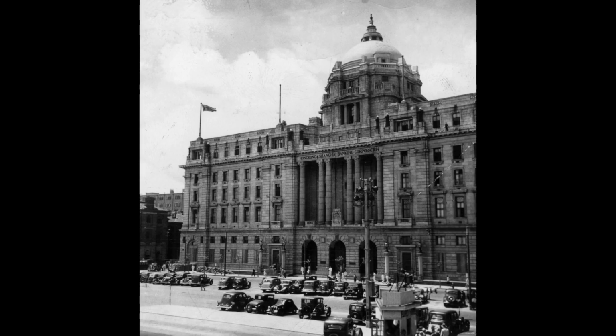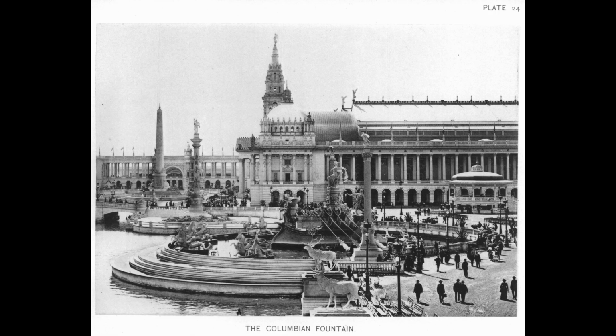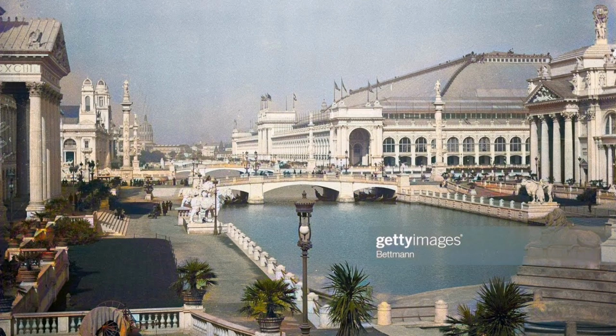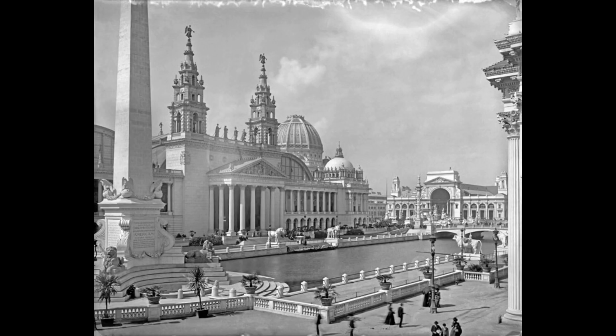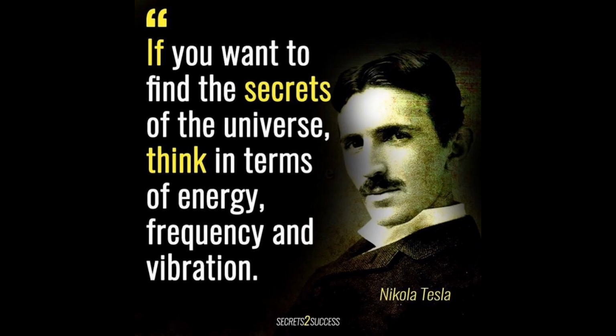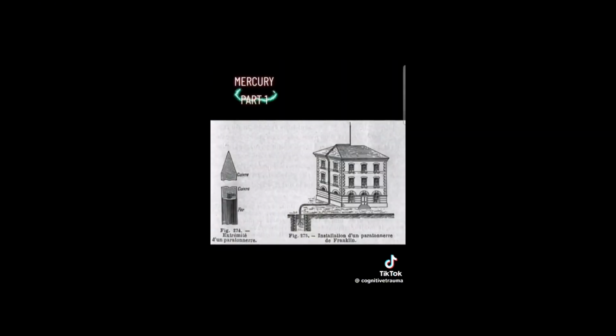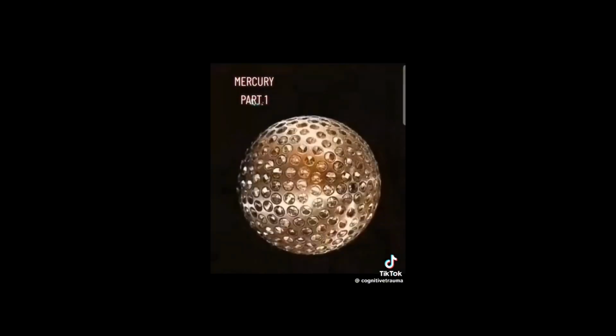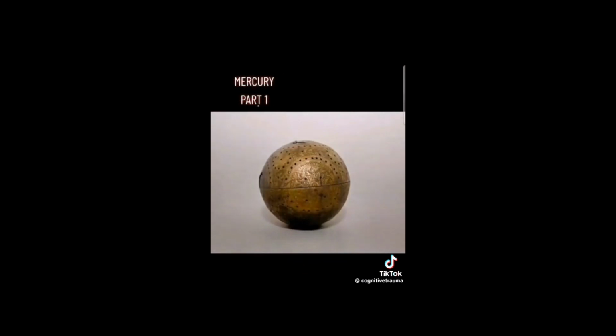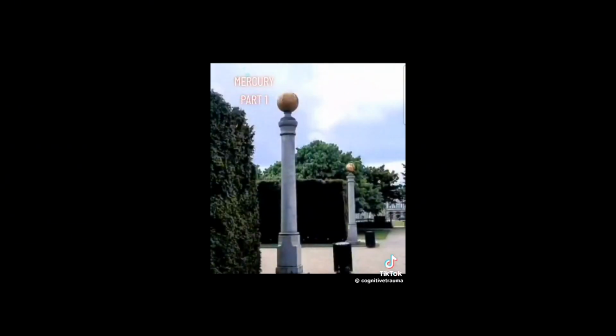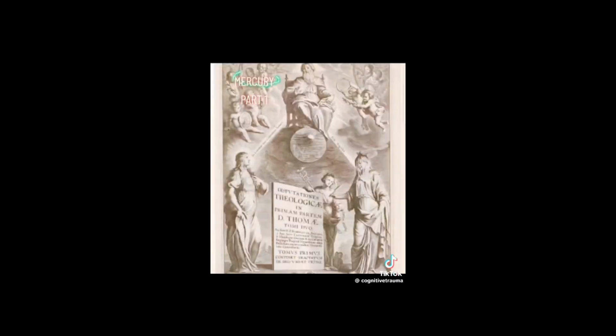It's because these were not lightning rods to protect the house from being struck by lightning. These were rods that were bringing in the ether into the house, back to the ground, to create a power surge or electricity. And we're going to show you all this. So like I said, they had these little balls, and you can see them on the top of stuff like this. And these balls held mercury.